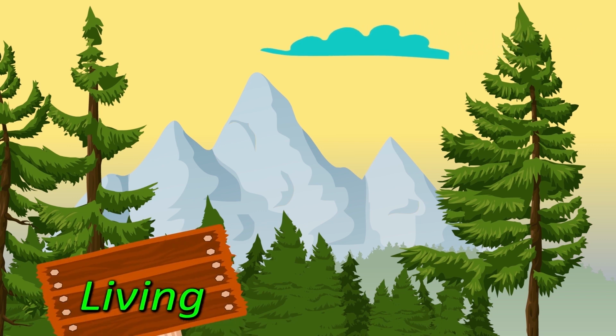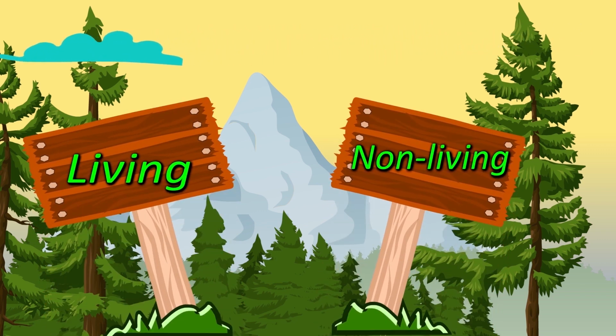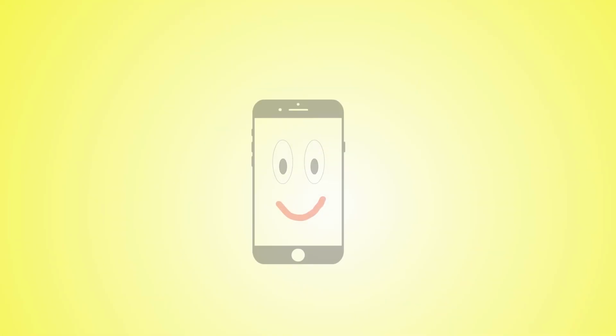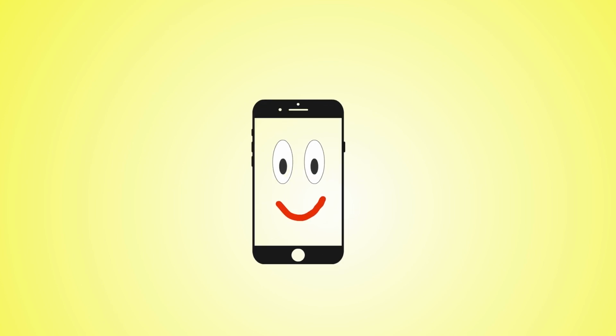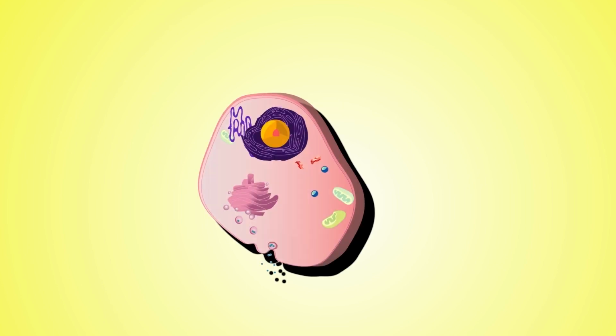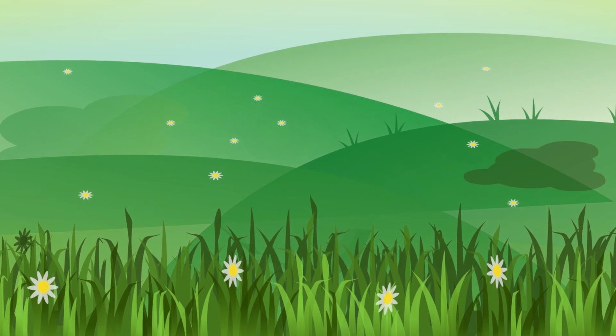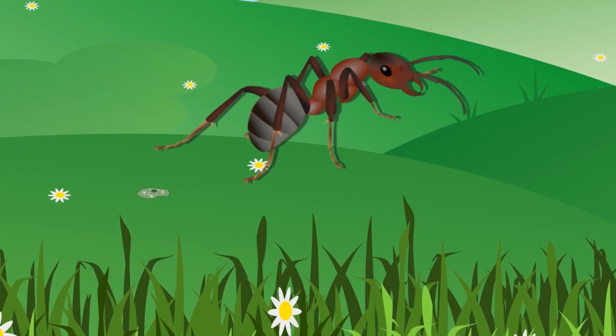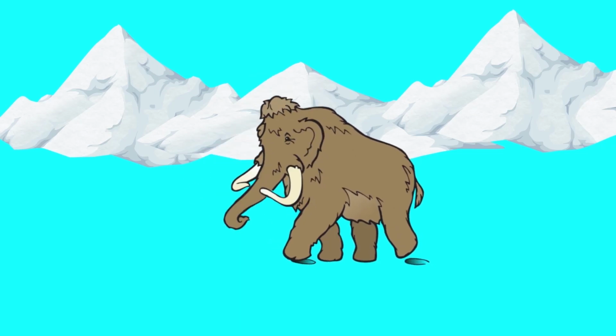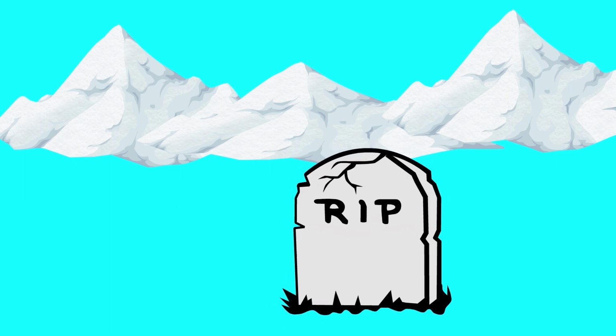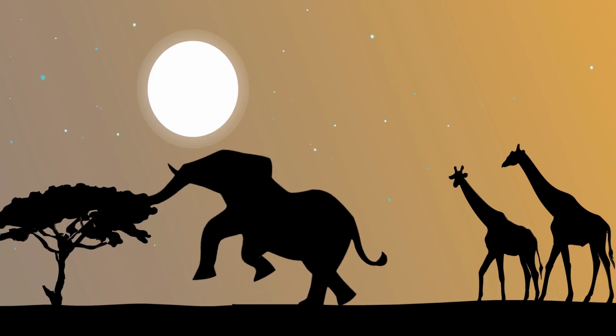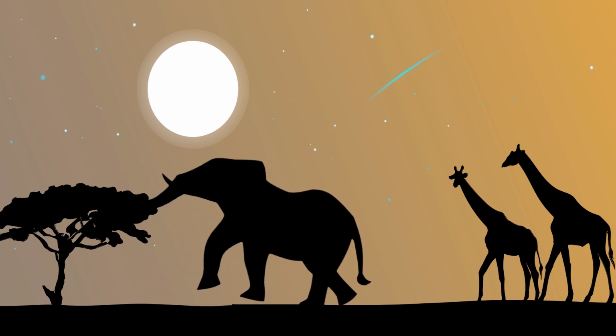Ever wondered why we distinguish life as living and non-living things? The fact is, every living organism is made up of cells. No, not that cell. Yeah, this cell. Organisms ranging from this tiny ant to a much tinier microbe to a humongous mammoth. Wait, it is extinct. Yeah, this is right: a humongous elephant. All of these are made up of cells.